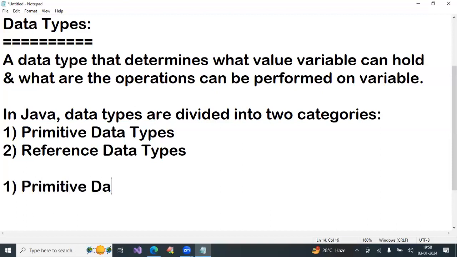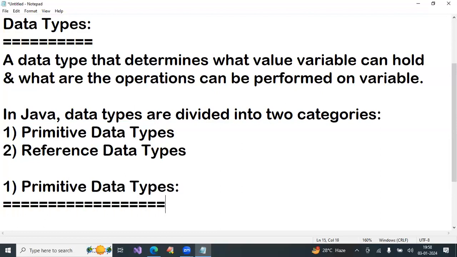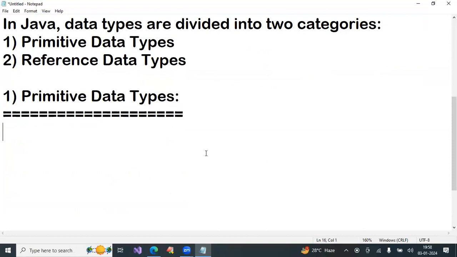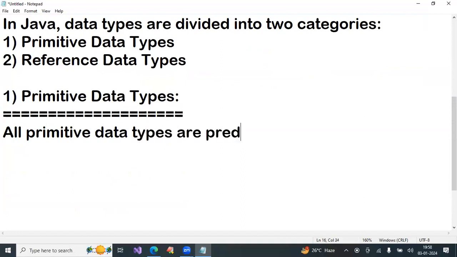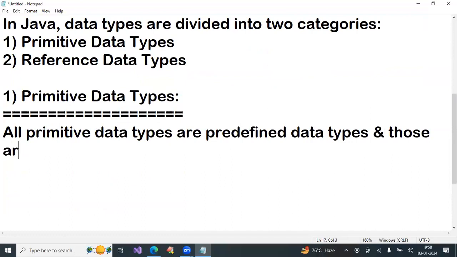Next, primitive data types. All primitive data types are predefined data types, and those are named by keywords.